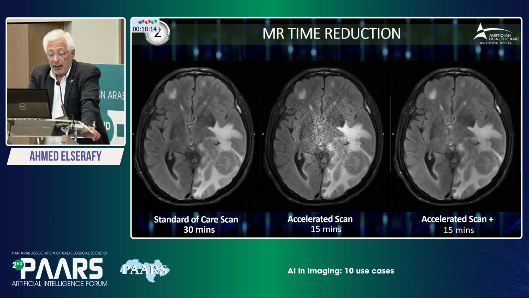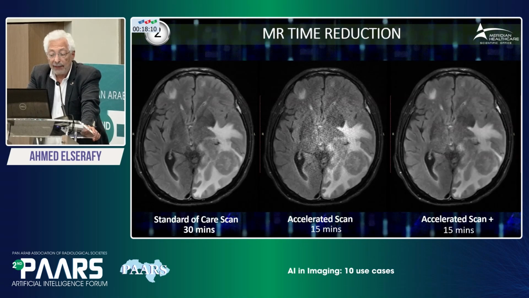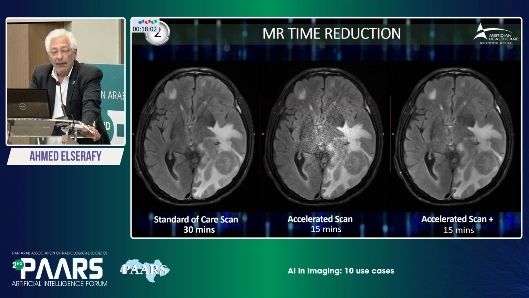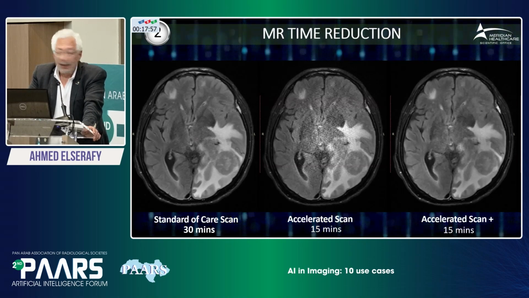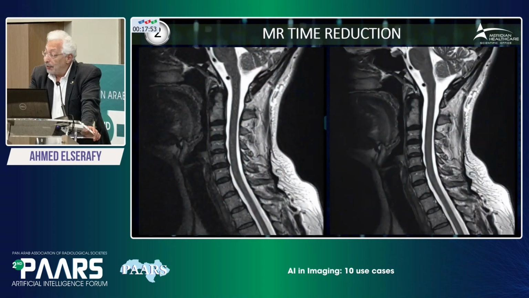Standard of care scan taking about 30 minutes, give you that beautiful image on the left. Then you feel brave enough to reduce the time by 50%, and you get that ugly image in the middle. Use your AI algorithm, and it comes back to life. 50% time saved. Another example, MR of the cervical spine, standard T2 protocol, and